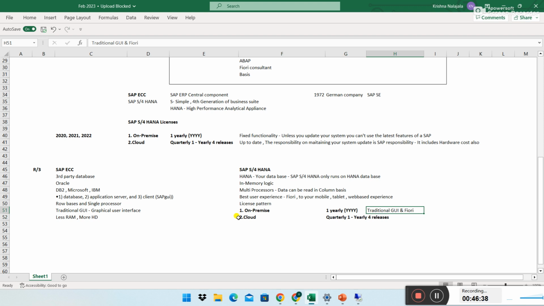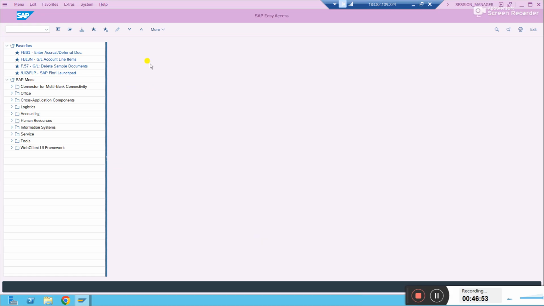And if the customer goes with the cloud, he'll have only the latest GUI, which is Fiori. You don't have the traditional GUI screen. Everything you will have in the cloud license is Fiori only. Everything you have to work in Fiori.